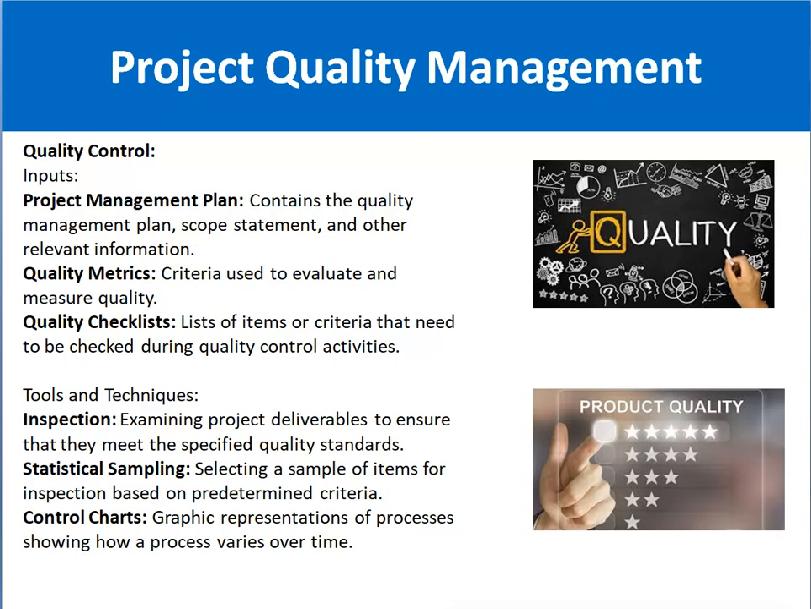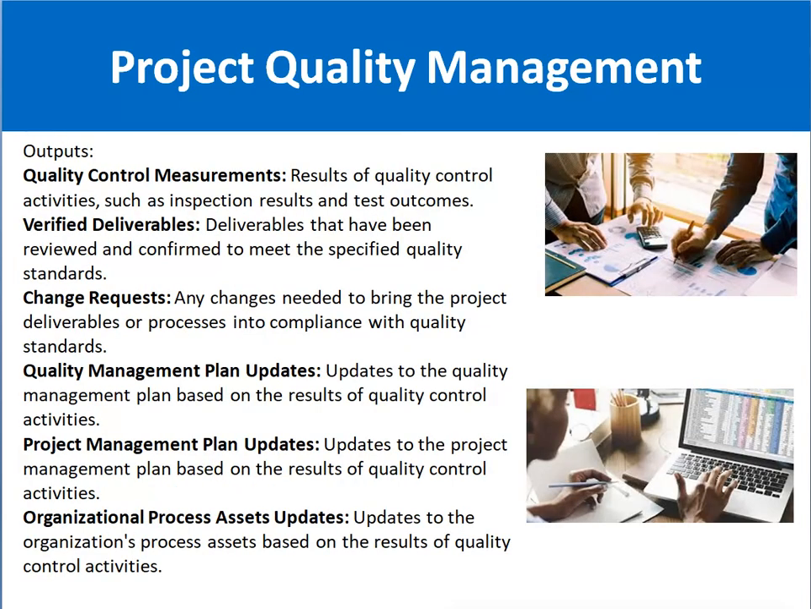Next, the output of this whole process is the quality control measurements. That means results of quality control activities such as inspection results and test outcomes. Verified deliverables, that means deliverables have been reviewed and confirmed to meet the specific quality standards. Change requests, if there are any changes to the project deliverables or processes in compliance with the quality standards. Quality management plan updates, that means if there is any need to update the quality management plan,